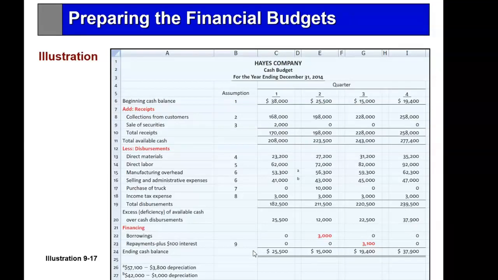All right. So it's in sequence, and it's cash coming in, cash going out. You have to watch the timing of the cash coming in and the timing of the direct material purchases. Everything else straightforward. Watch management's policy